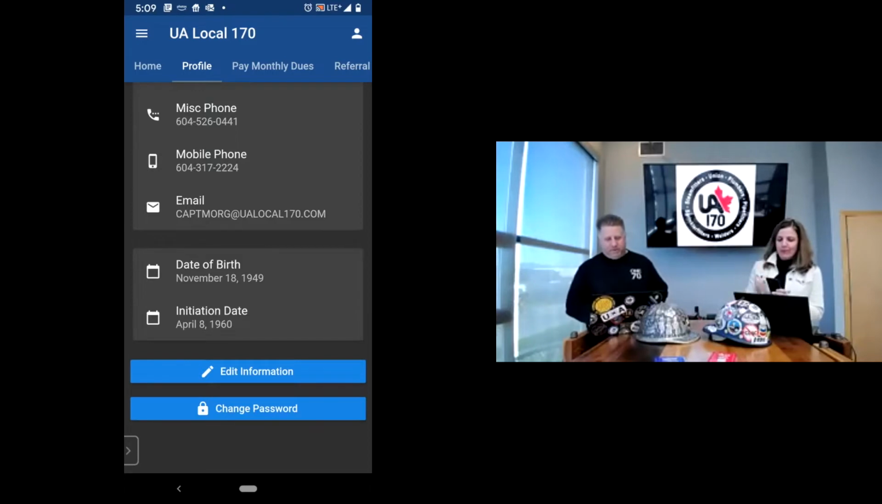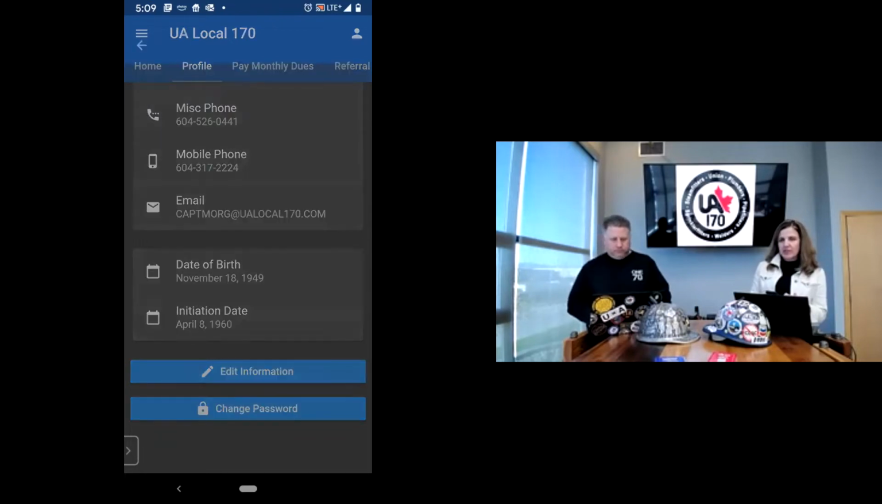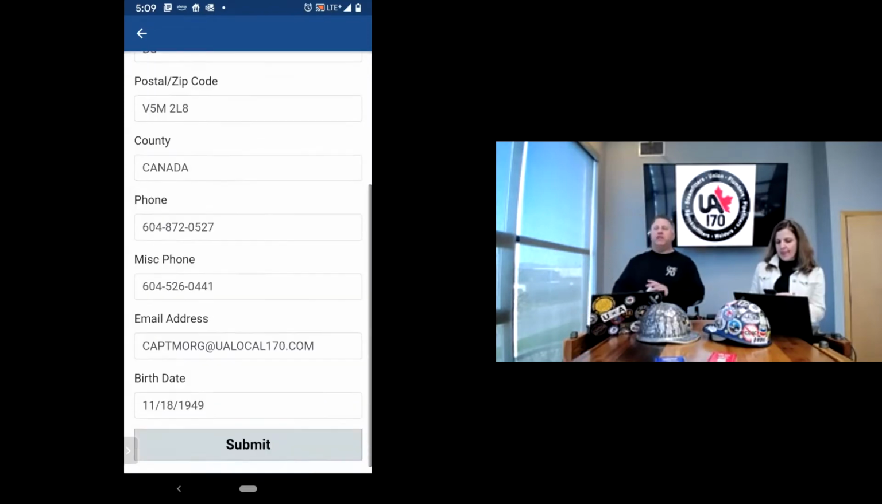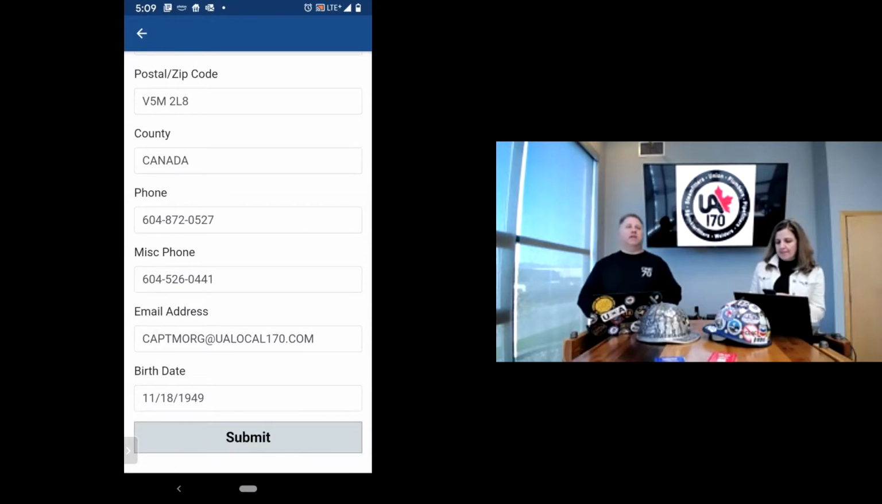And when he was born, and his initiation date. So if any of your personal information is incorrect, you can actually edit it right from the app. If you change your address, you would come right onto the app and change it from there. And it's important that everybody has a current address, email, and cell number of contact, not only for